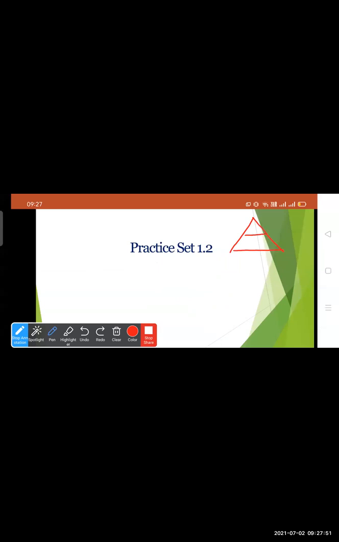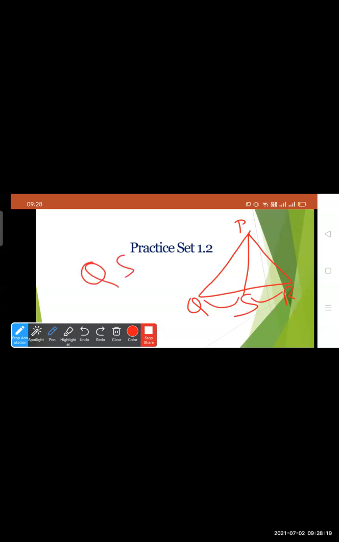So for BPT, you remember, here we revise for BPT: ABC is the triangle and DE is parallel to BC. So we write AD by DB is equal to AE by EC. Okay. And for angle bisector, again, P, Q, R and S. For angle bisector, we write QS by SR is equal to PQ by PR.